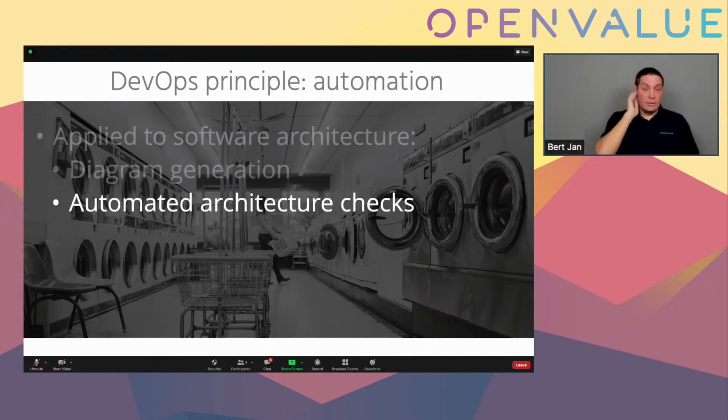There's automated architecture checks that you can use, for example, by using tools like ArchUnit that continuously validate the architecture of your system, for example, that there's no communication between components that are not allowed to communicate together. You can run automated analysis on stuff like coupling and maybe even cohesion. And there's tools that can help you calculate technical debt, but also stuff like duplication, etc. So focus on getting as much as possible of these automated architecture checks in your CI pipelines.